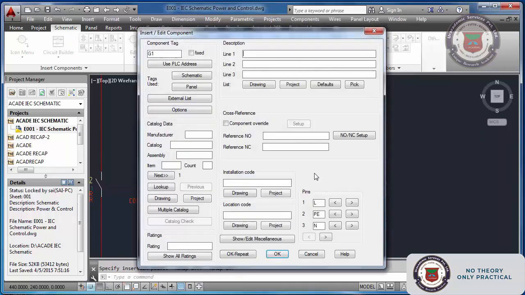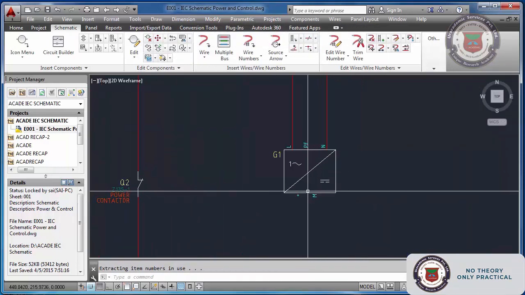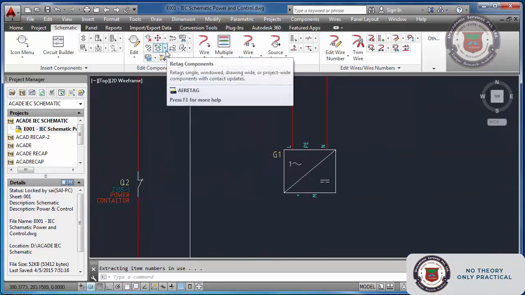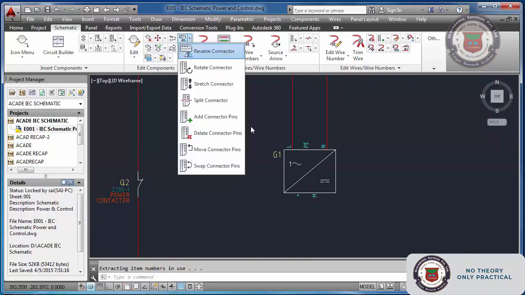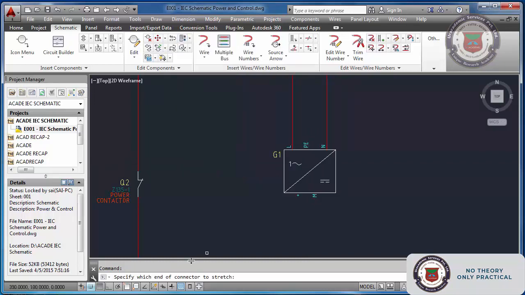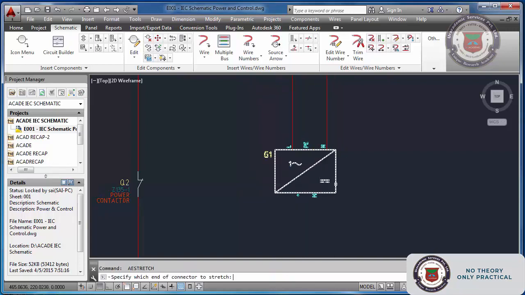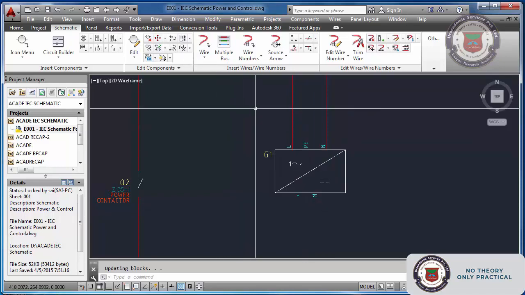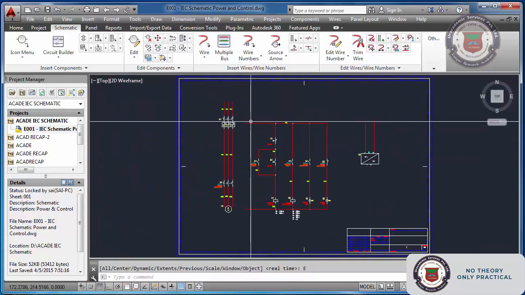Suppose I insert it in this way, what will happen? See, you can very well adjust this, and if you still want to resize this particular block, that is also very much possible. For that you have to go to stretch connector here, select this. See, in this way also you can slightly adjust the size using stretch connector. So these options are